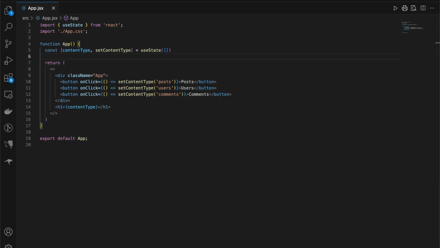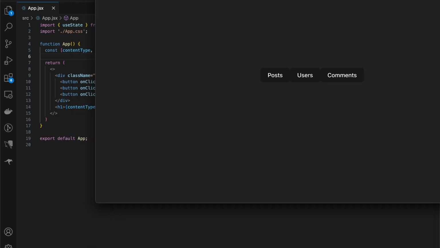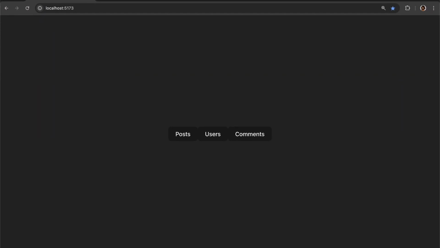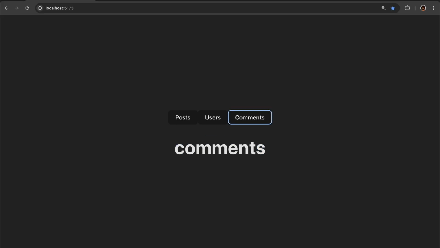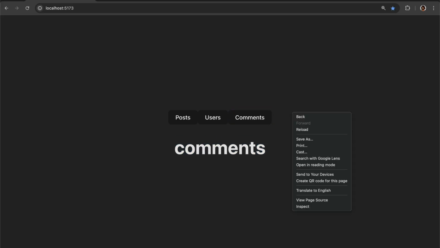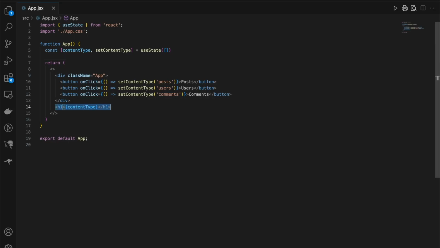Now let me show you guys what this code is doing right now. Let me just grab it for you. Okay, so this is the code right here. If I click on posts, it says posts. If I click on users, users. If I click on comments, it says comments. Here we are printing the content type. Now what we're going to do is use the useEffect hook. So first we'll need to import it,